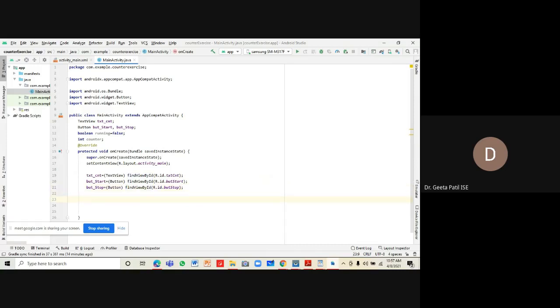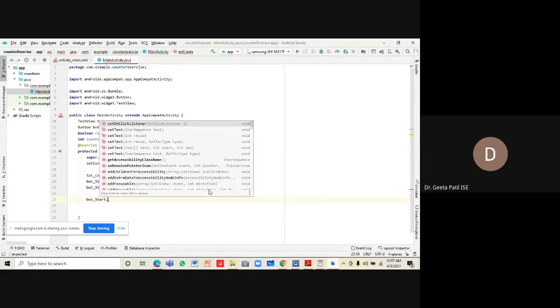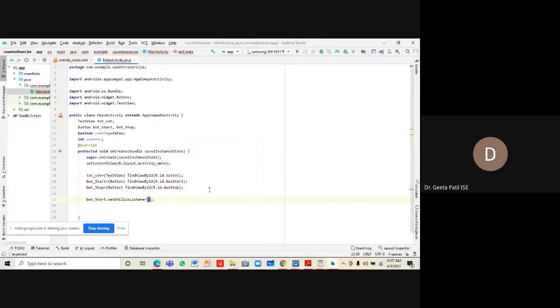After linking is done, what is the next activity? When you're clicking the button, something should happen. For that to happen, we have to write the listener. So button start dot, we will say setOnClickListener for the object of this class.